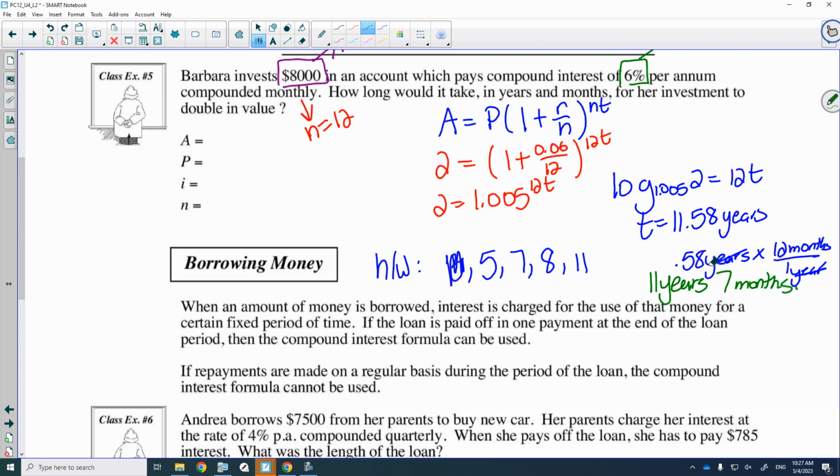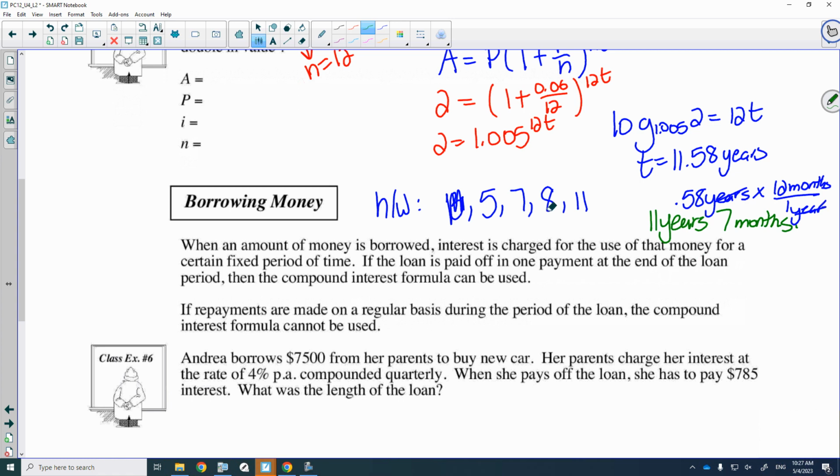Okay, circle your homework, and I'm going to tell you two different sort of areas of work that you could practice. So 5, 7, 8, 11. 5, 7,